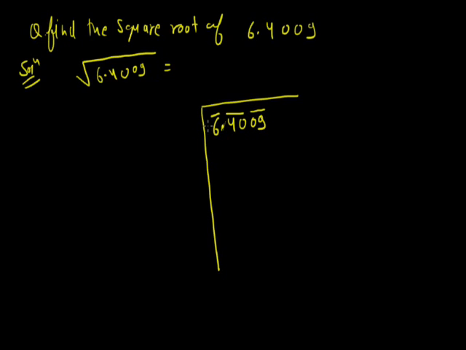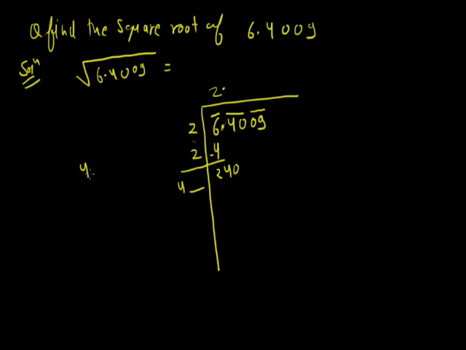Okay, now again we do the same process. Now there is a 6. Now we think of a number whose square is nearby 6. So 2 is there. 2 square is 4. Now 6 minus 4, that is 2. Now we copy the quotient. Now as there is a decimal point after 6, we have to put a decimal sign here. Now the next period is 40, so we copy the next period, that is 40. Now we copy the quotient, that is 2. So 2 plus 2, that is 4 with a blank. Now again we have to fill this blank with a number such that the product becomes nearby 240.